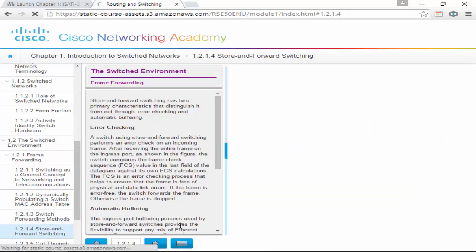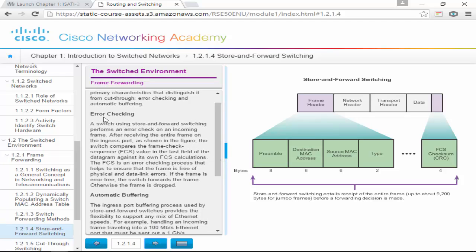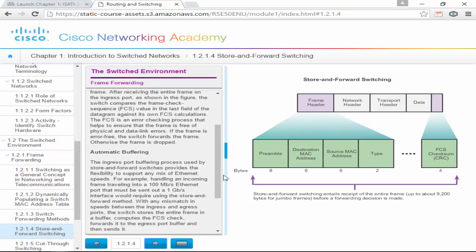So then we go to here, and what's nice about store and forward is the error checking and automatic buffering. The ingress port buffers the process used by the store and forward switches, and this provides the flexibility to support any mix of Ethernet speeds. What it's saying is if we're sending out to a certain port, it starts buffering, and so our ports that connect to other networks,